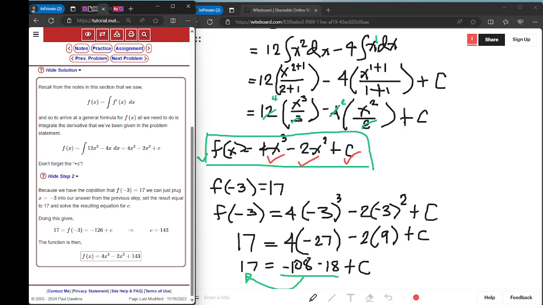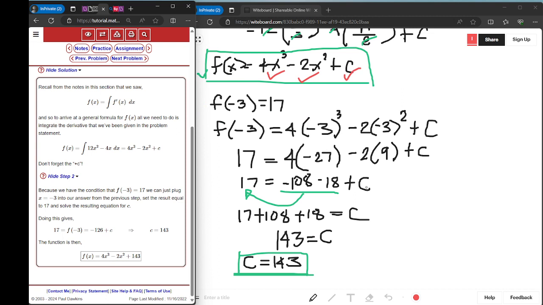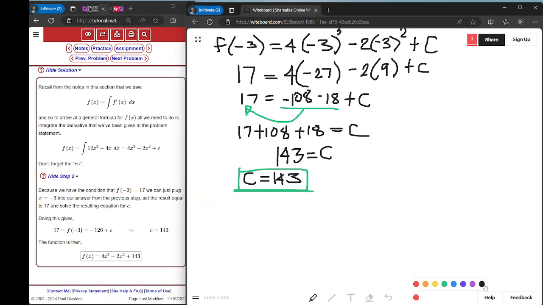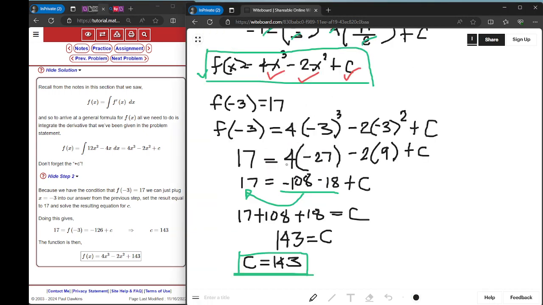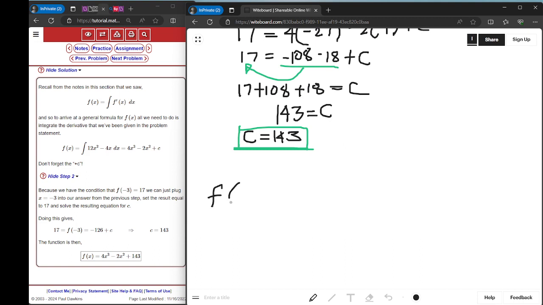Because we have a condition, we can just plug x equal to negative 3 into our answer from the previous step, set the result equal to 17, and solve the resulting equation for c. So which means our final answer should be, this is not yet the final answer, but the final answer should be f of x is equal to 4x cubed minus 2x squared plus